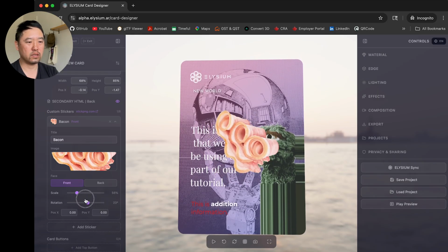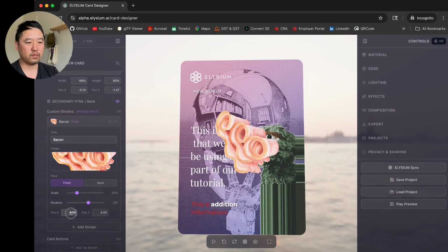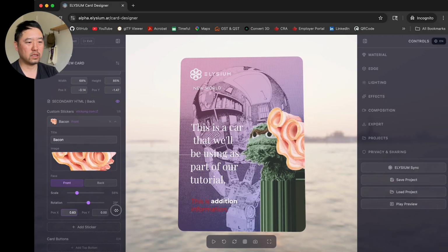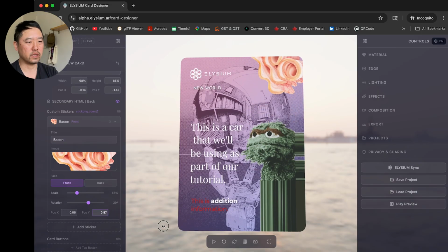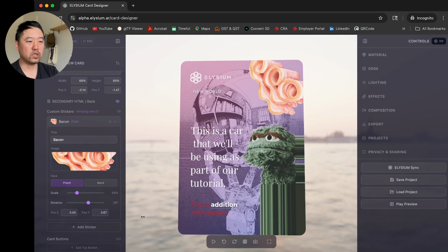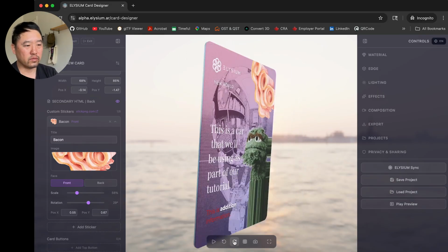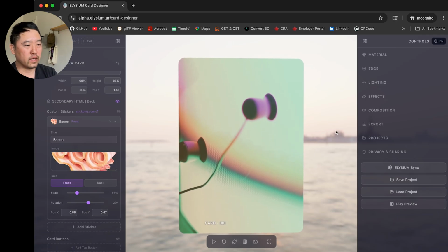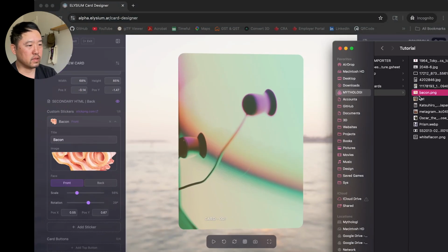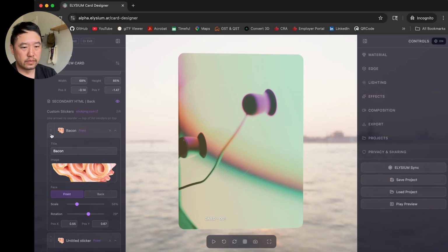This one is unique. Stickers are unique because we have a rotation that we can add to it, right? And I'm going to position this off to the side above Oscar a little bit, like that, right? So you can just have fun and add these stickers to the card at any point. We can come back here and do the same thing. And if I drag and drop that again, it can be a second piece of bacon that shows up, right?